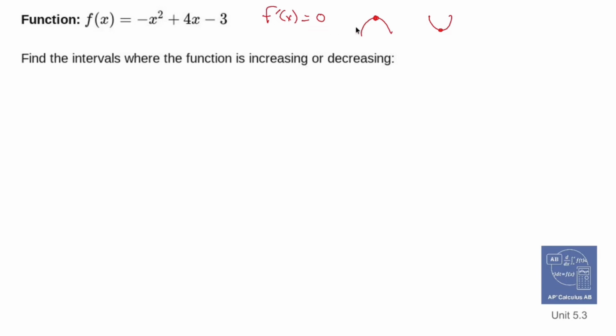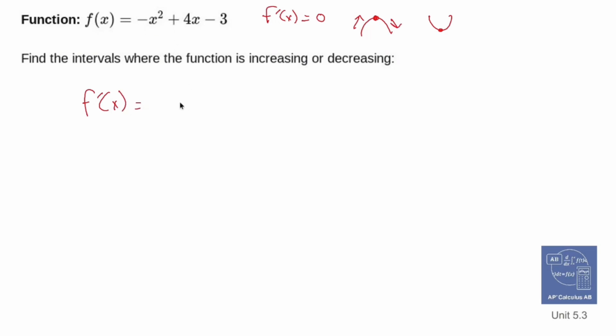If the derivative is positive, your function is increasing. If the derivative is negative, it's decreasing. So what we need to do is find the critical points and make a sign graph based off of that information. So the derivative of f of x is going to be, using the power rule,